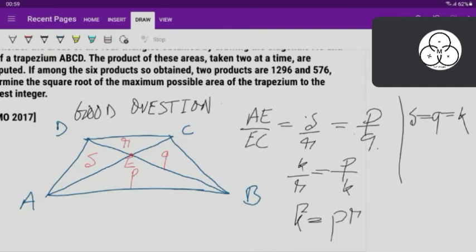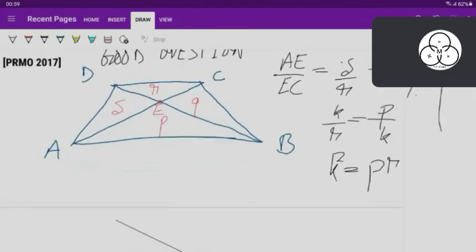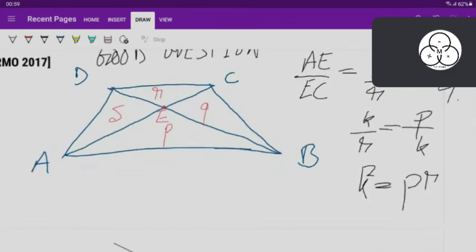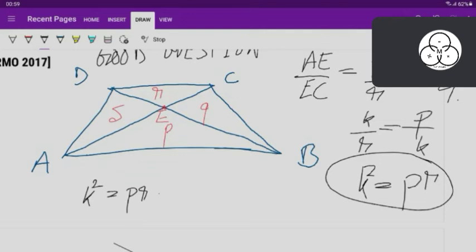This is forming a GP. Now I guess algebra is not yet discussed, or GP is not yet discussed. Might be discussed, I don't know. So K square equals PR. What is K? What is P? What is R? Difficulty is happening. What is a GP? We do not know a GP.